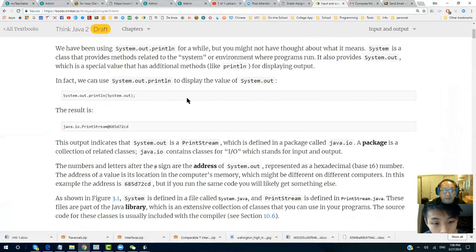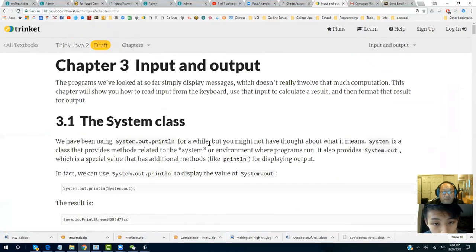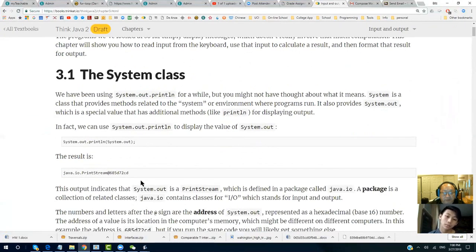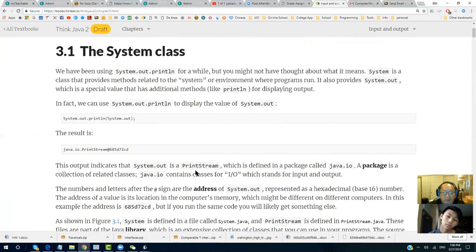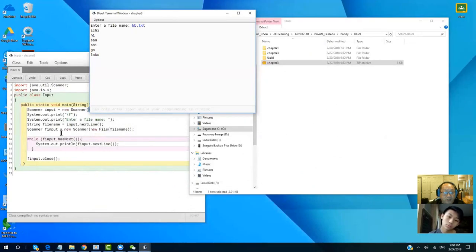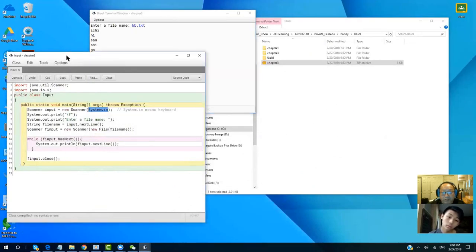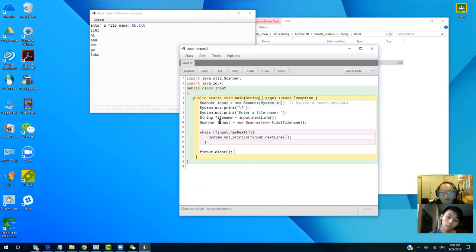Now the system class. The system class has System.in and System.out. System.in is used for input. System.out is for output. If you try to print System.in in my program here after this, let me try to print now System.out.print. I can print line, I can print System.in,